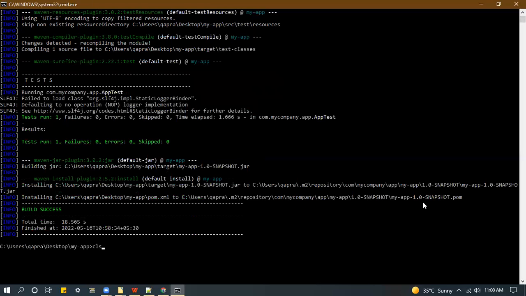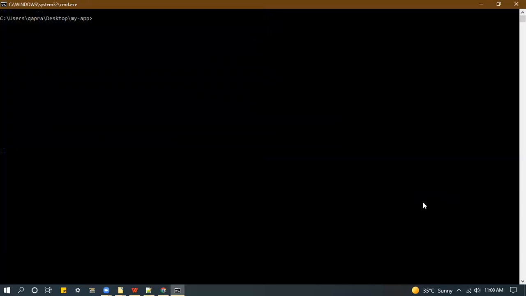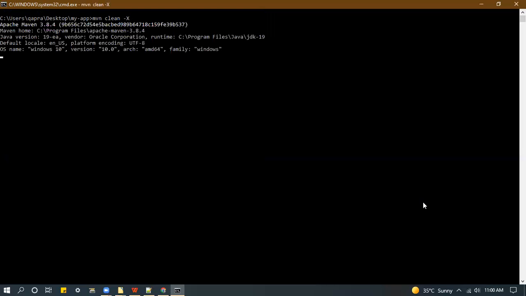So this is the whole purpose of this command. So we can integrate commands also. Now there is one more thing. Let's say, for example, we want to debug this. That also we can do by providing one option, that is X. Mvn clean and space hyphen X. The moment you do that,